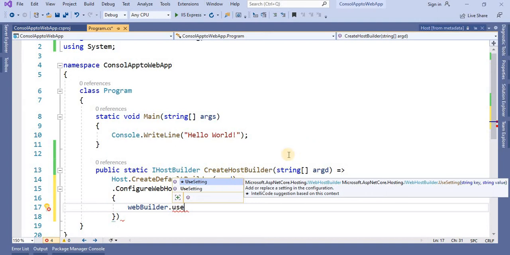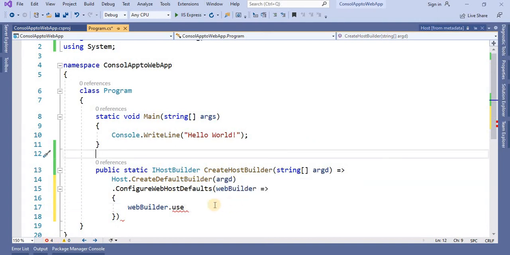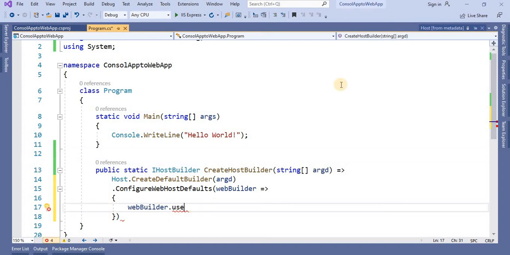For this startup class, we will create one class, and that class will work as a middleware, and that will help us in many scenarios. That middleware is an important file for an ASP.NET Core web application. We will create another video on the middleware of ASP.NET Core, but as of now let's create one class as a middleware class, and we will call that class from this method.